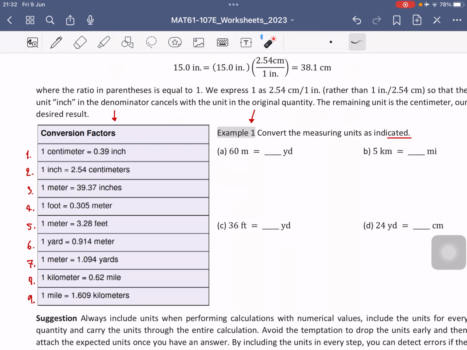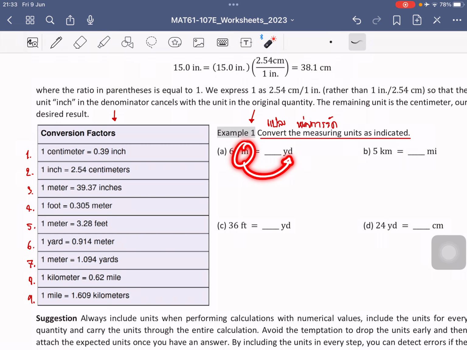Just slowly understand it together. Convert the measuring units as indicated. Measuring คือการวัด, measuring unit หน่วยการวัด, as indicated ก็ตามที่ให้มา. At first we want to change meter